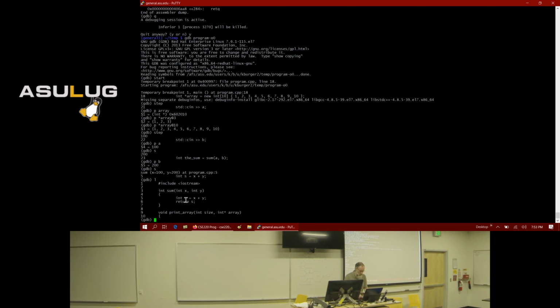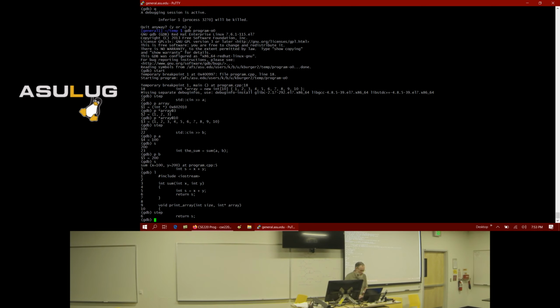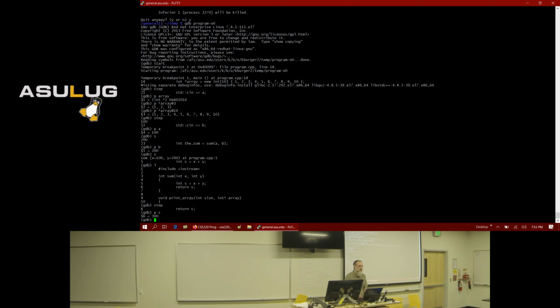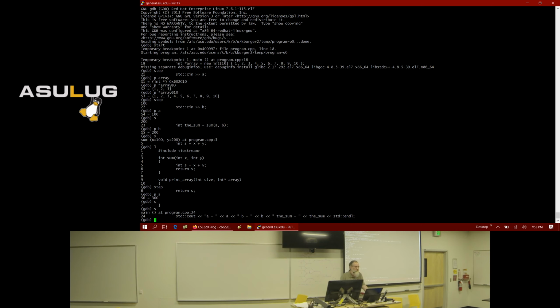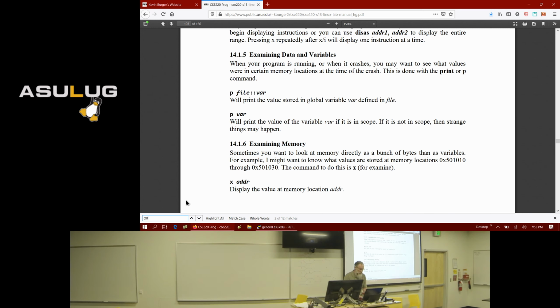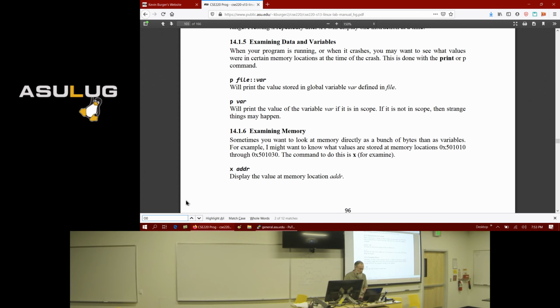And now I can step again, and then I can print out the value of variable s to make sure that my function's returning the value I expect it to. And then step again will return me, and then I have to step one more time because I'm basically sitting at this brace, and I need to step one more time to return back to main. Yes, it's the line that will be executed next. Yep. So we can print variables, we can step, we can do next.